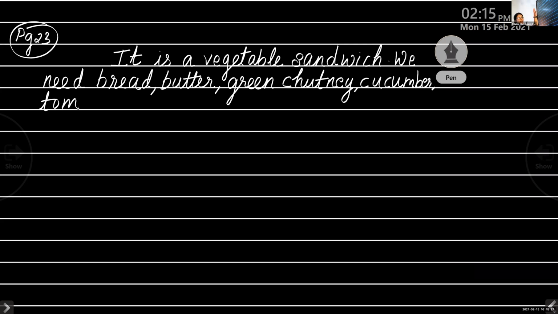Left side, then you have to maintain that from the margin. Okay, don't leave any space on the left side. Only the beginning of the sentence should be started by leaving some space from the left side. Then after that, you make sure you write till the extreme right and then continue from the extreme left. Only then it will look like a paragraph. Okay. Cucumber, tomatoes, and onions. Full stop.